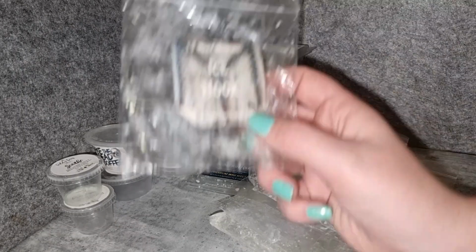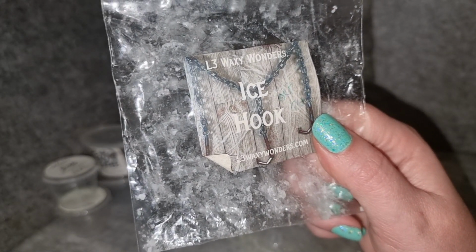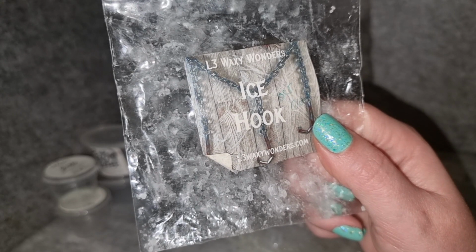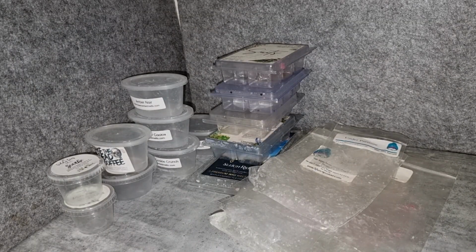L3 Waxy Wonders Ice Hook. So this was chrome type, Cuban tobacco, whipped cream, and boardwalk mellow clouds. This was really, really good. Very unique. For some reason, when I threw it on, I remembered that it had chrome type, so I thought it was going to be a super manly kind of scent. But the boardwalk mellow clouds and the whipped cream